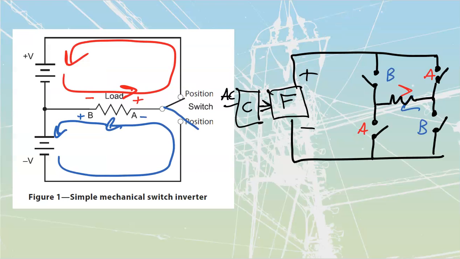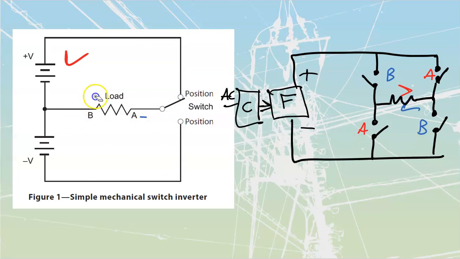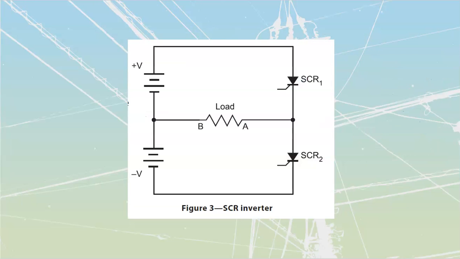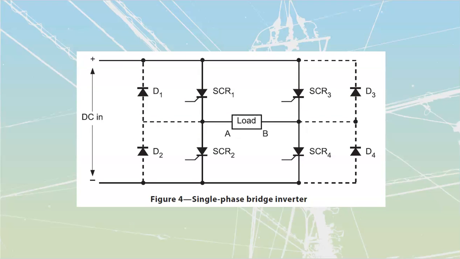Now going back to our very first one here, the mechanical switch inverter, they then take the mechanical switch inverter a step further, and they say, well, we can do the mechanical switch inverter with 2 voltage sources with a single set of SCRs, but then we still have to have 2 voltage sources over here, and that's a bit of a pain. So why don't we just go with a single set of DC, and that's what they have over here, where they have now created our classic H bridge using a single set of DC, positive over here, negative over here,